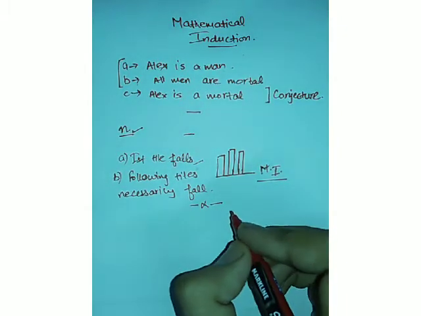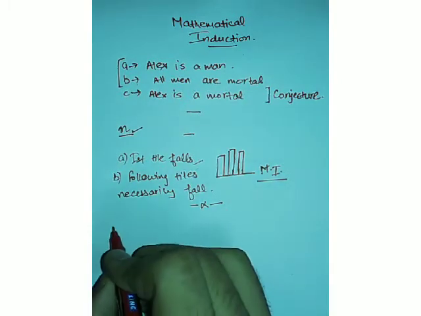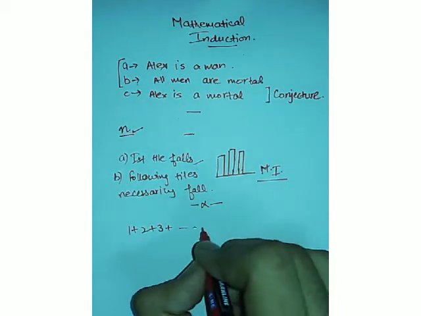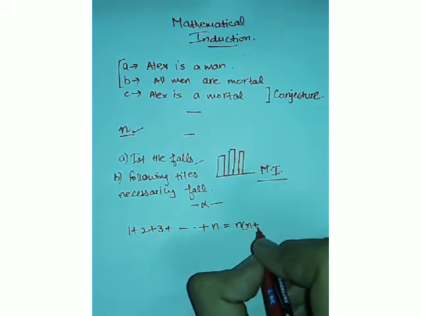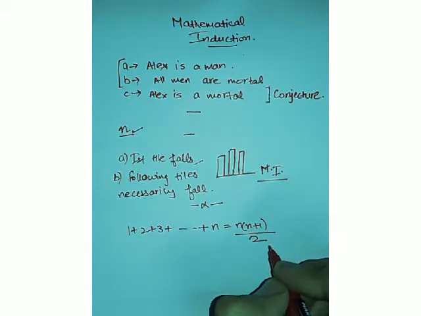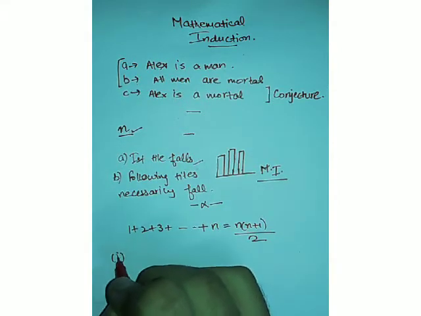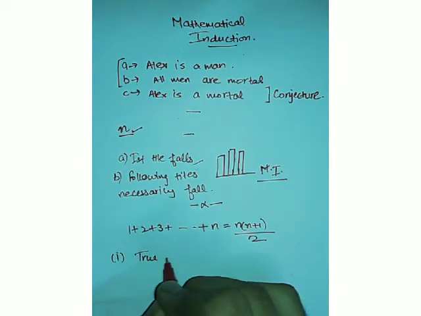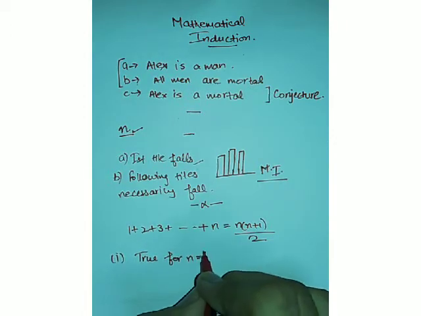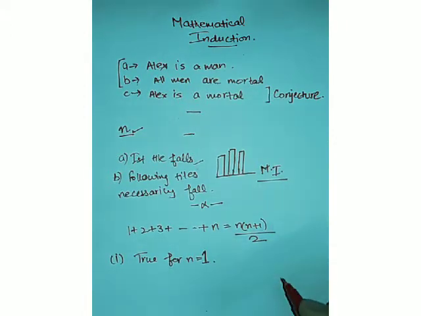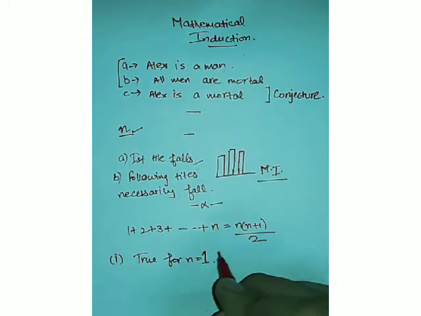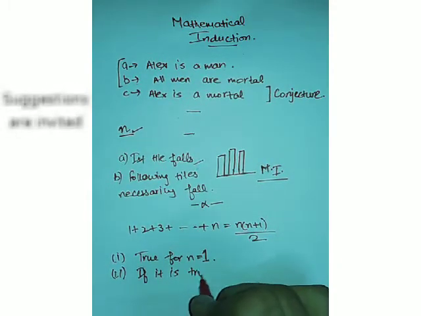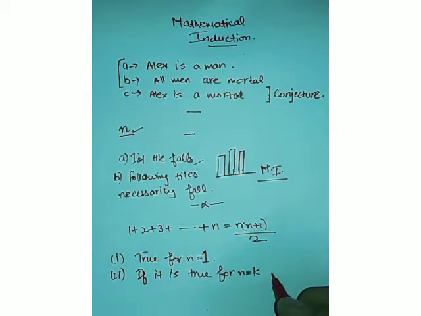So in case you have to apply the principle of mathematical induction, there are three steps involved. For example, there is a formula that 1 plus 2 plus 3 up to n is equal to n into n plus 1 upon 2, and we have to prove this result. The first step, which forms the basis of mathematical induction, is that this result should be true for n equals 1. Firstly, we have to check if this result is true for n equals 1. If it's not true for n equals 1, you are not going ahead and this result is false. And second, if it is true for n equals k, where k is any positive integer,